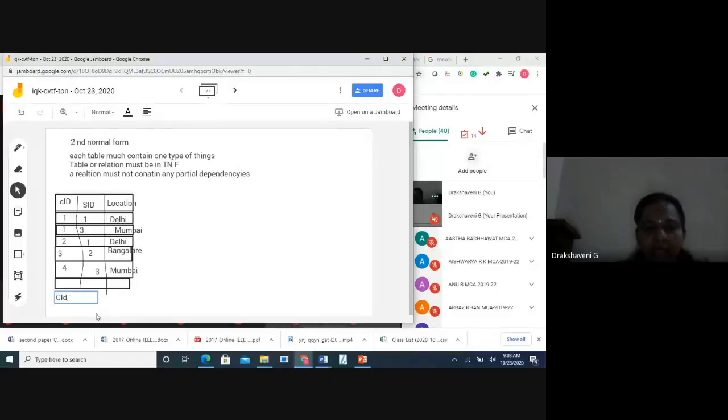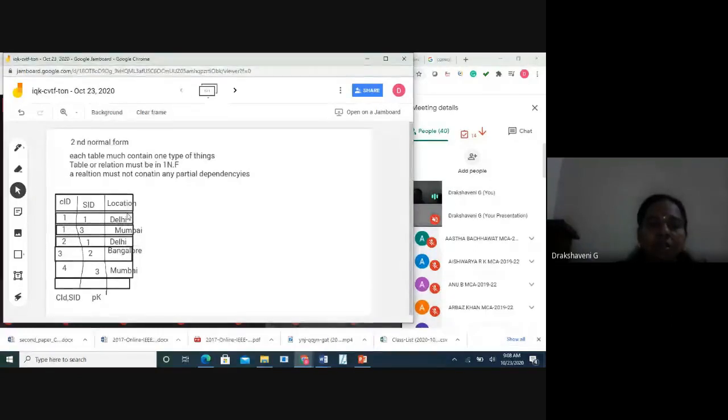No. Then what do I have to make? We have to make both, that is SID, customer ID, and store ID. Both we are combining to form a primary key. So what will this be forming? It will be forming a primary key here. PK means primary key. But still in this case, there is redundancy.